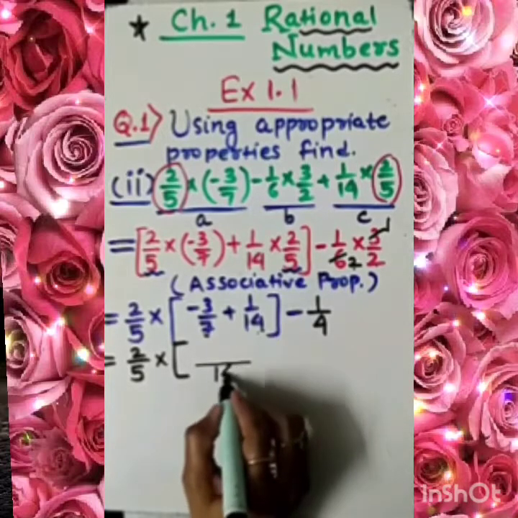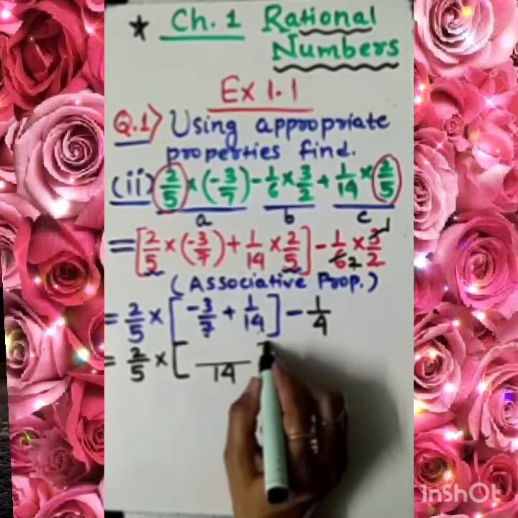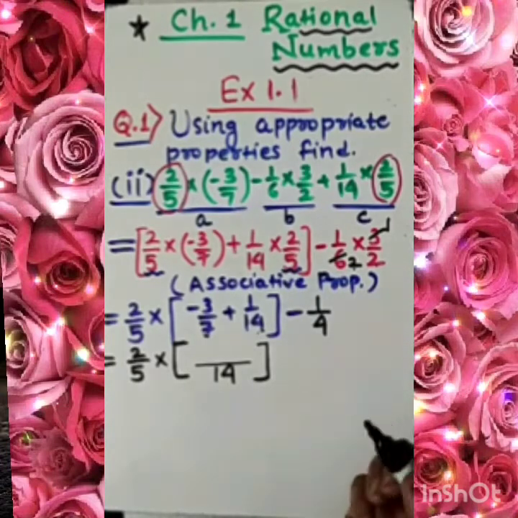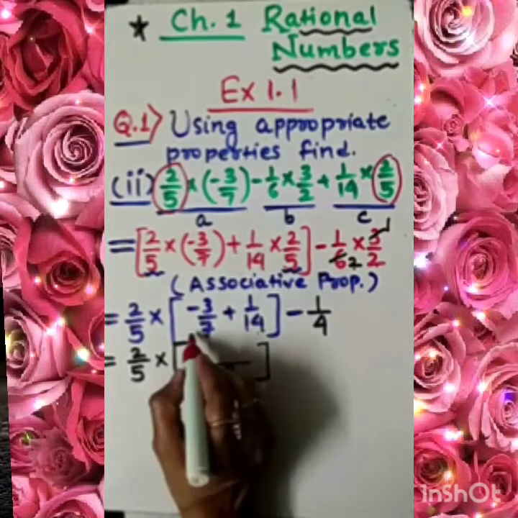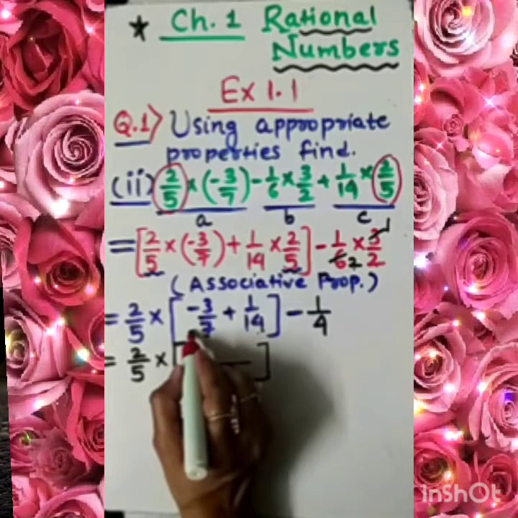All of us know this. You can find it in the rough column if you are not able to find it directly. So 7 and 14, their LCM will be 14. If it is 14, then the first term 7 should be multiplied by 2 because 7 2 ja 14 and 14 1 ja 14. Fine. So dear student, minus 3 into 2 is minus 6 plus 1 1 ja 1. Clear to you? And here minus 1 by 4.